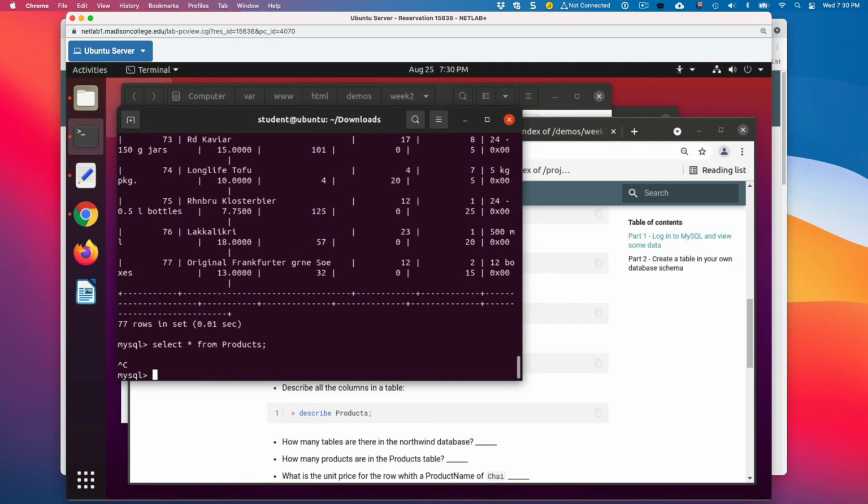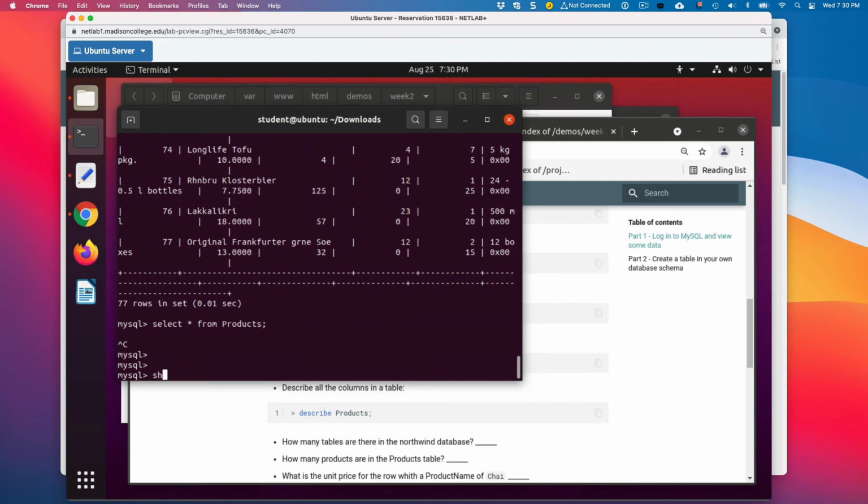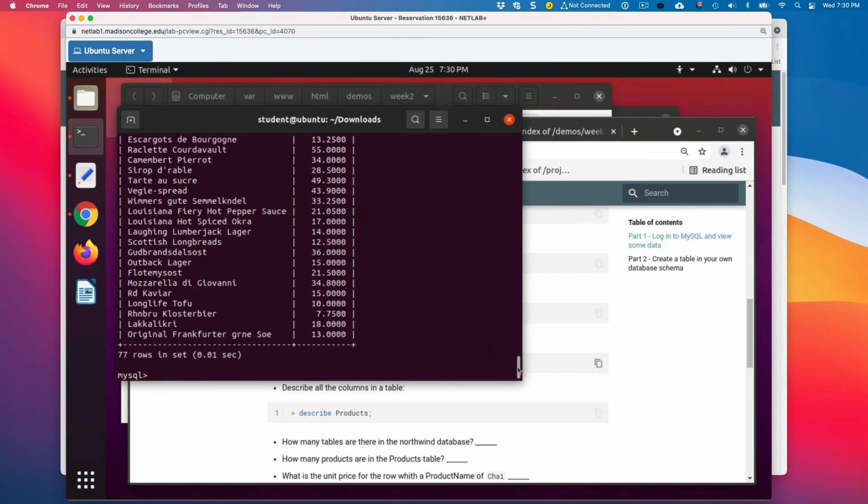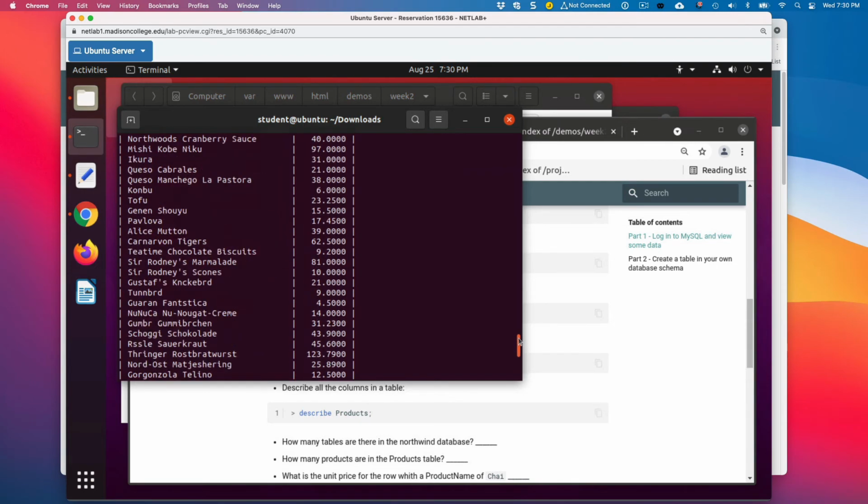We'll say describe products, and then we'll say select product name, unit price from products. And there we go. So that looks a little nicer, ASCII art here.